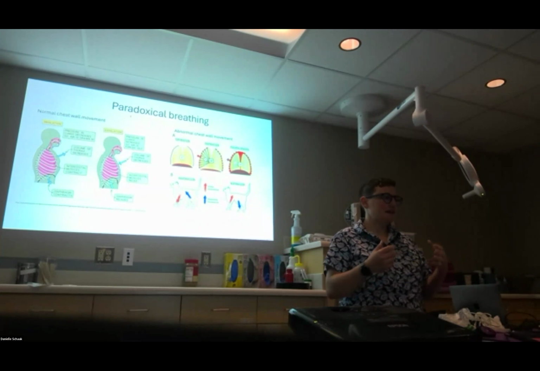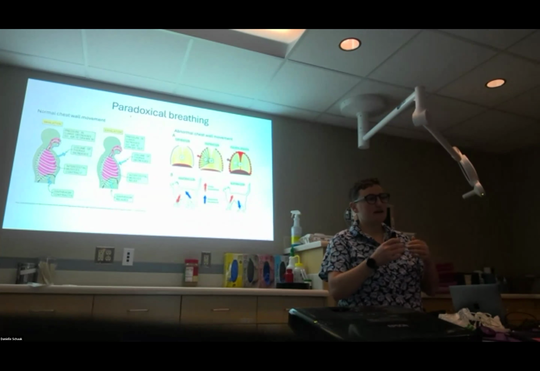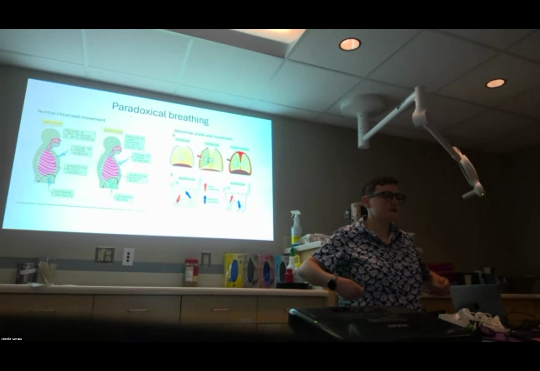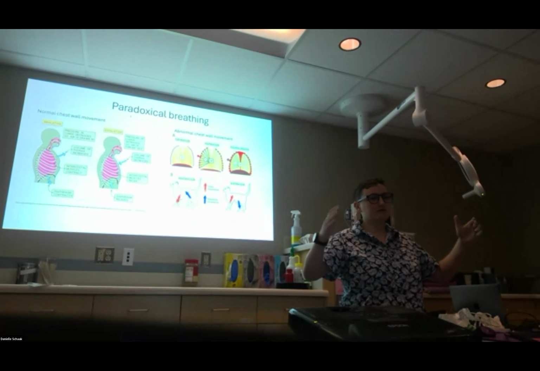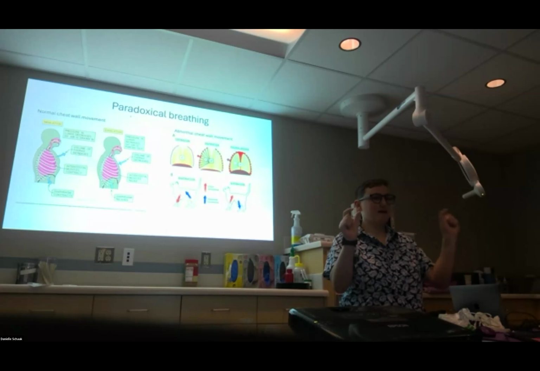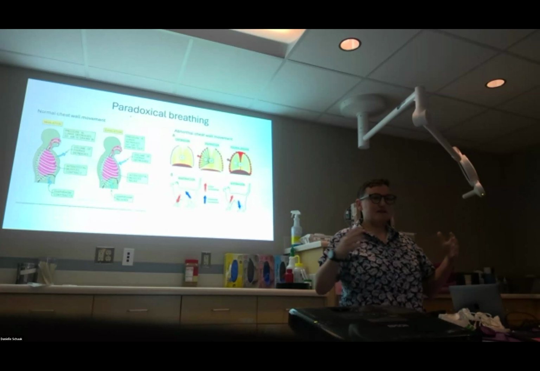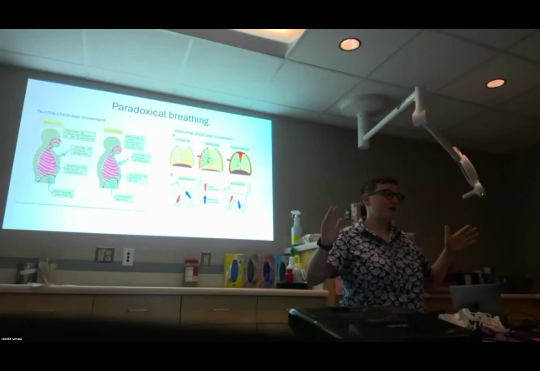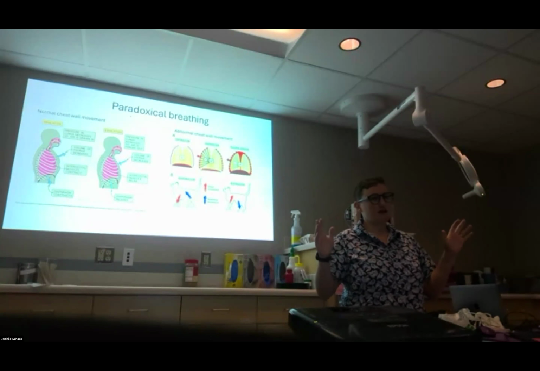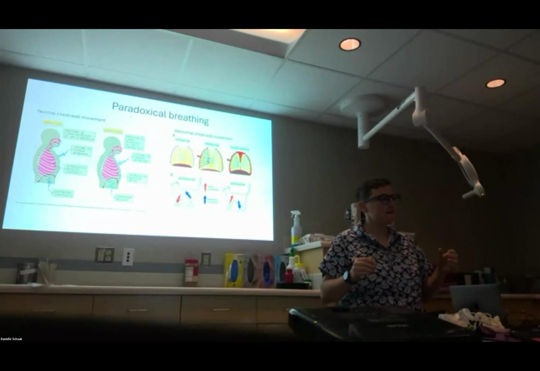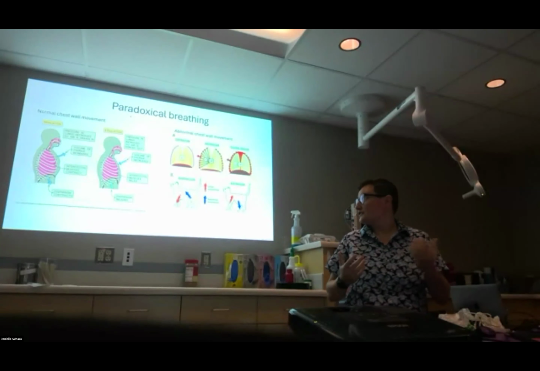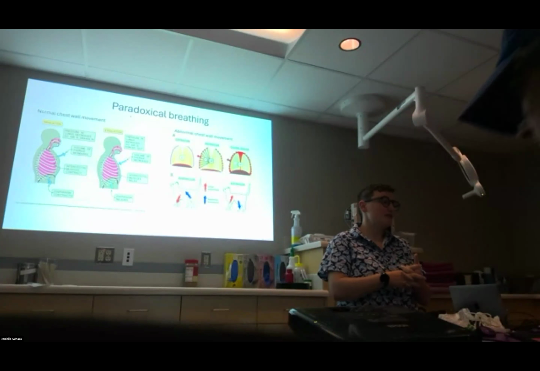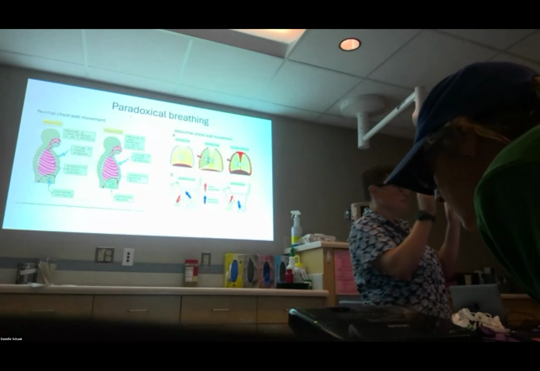As we're breathing in, we are contracting our intercostal muscles and our diaphragm, and that pulls the lungs open by their connection to the pleural lining. And then when we breathe out, there's this elastic recoil of the chest where all of those muscles relax and push the air back. When you have paradoxical breathing, the connection between